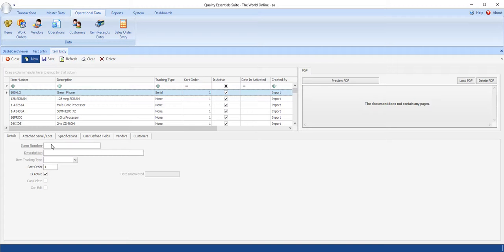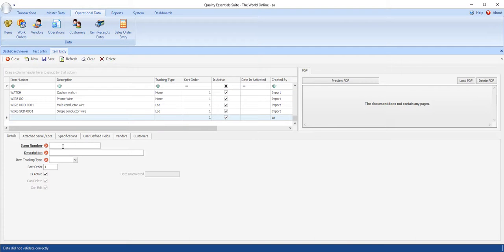So I say new, and I'm going to say white cup. This is the white coffee cup, and it's going to be lot tracked. So then I save this item,